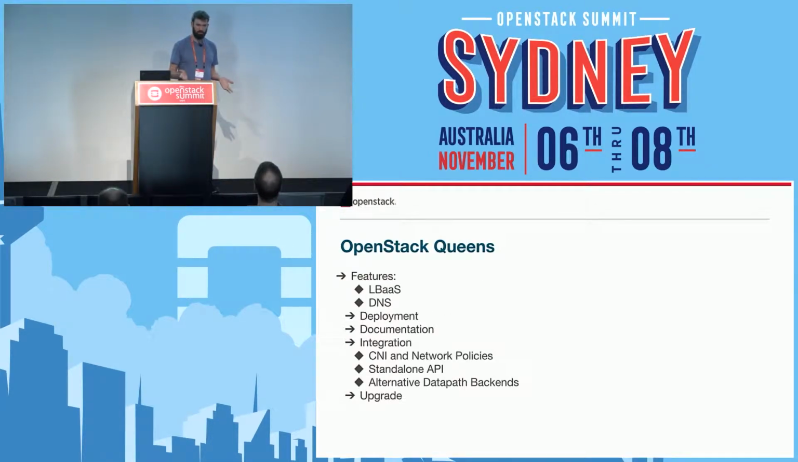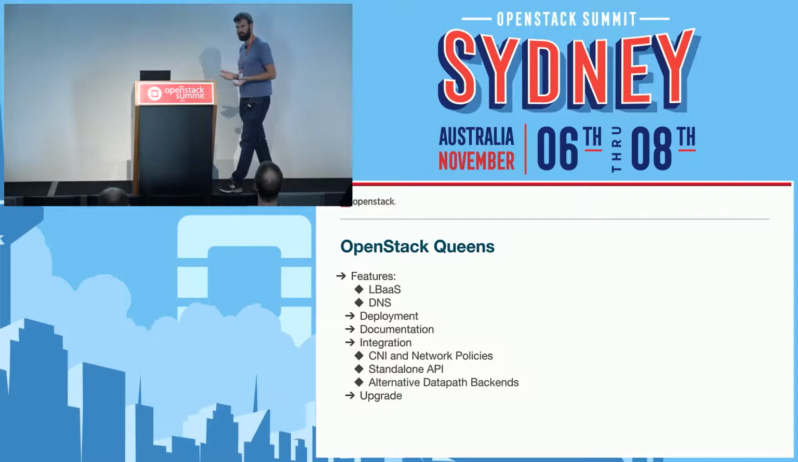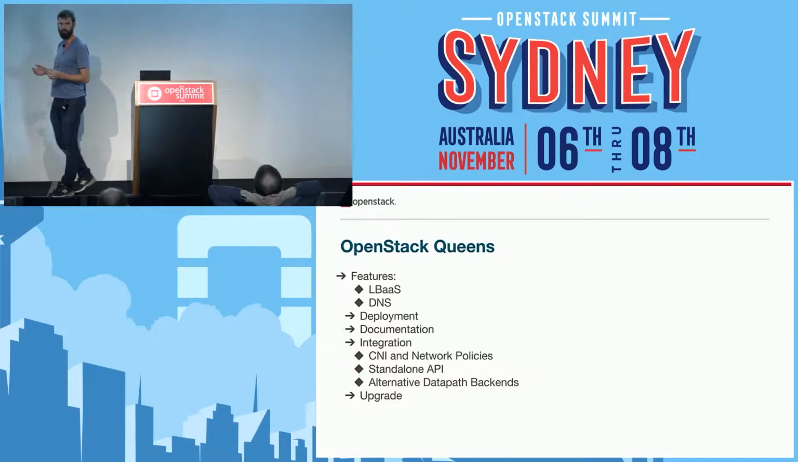The things we plan to do in Queens, we want to advance in several layers, in several directions. The first direction is features. We want to add new features, things that we feel are missing, like load balancing as a service. This is important